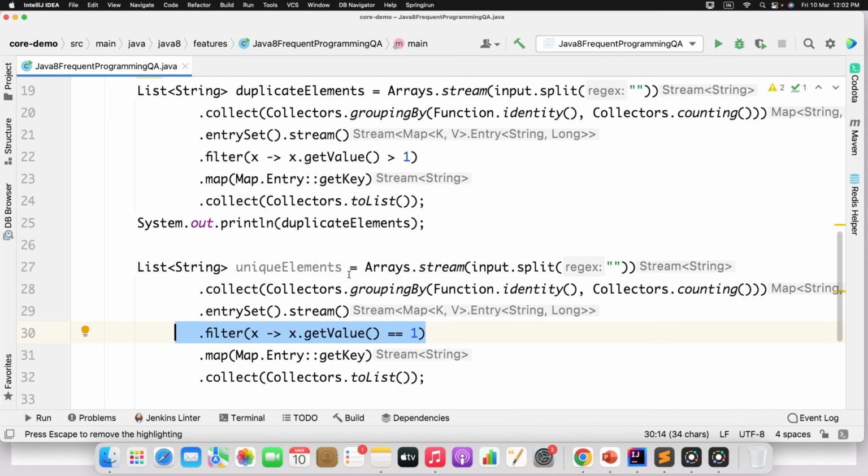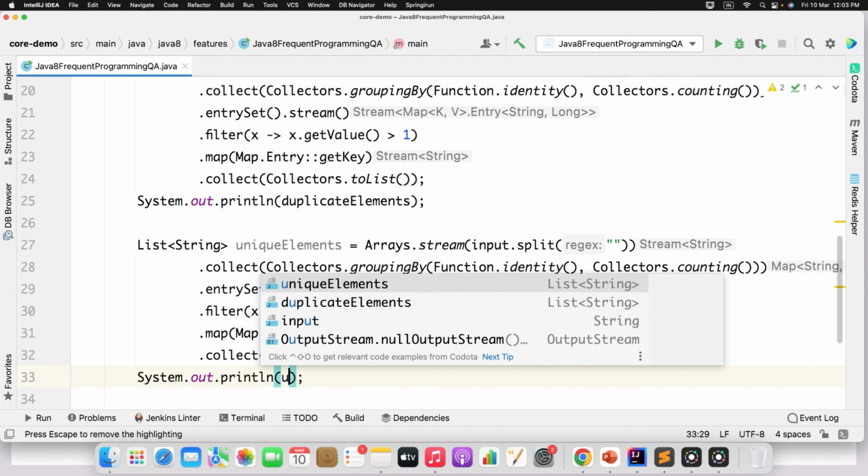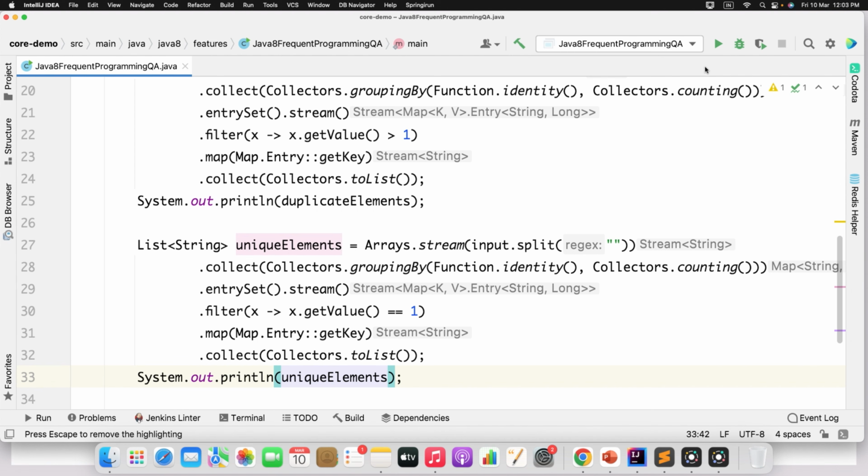Okay, so you understand the requirement, what you need to do, whether you need to find duplicates. If it is a duplicate, check whose value count is more than 1. If it is a unique, check whose value count is only one time occurrence. Okay, now if I print it, sys out unique elements. If I run this,